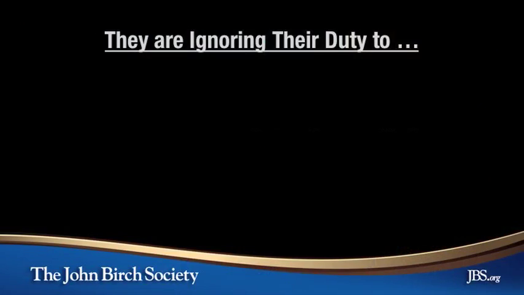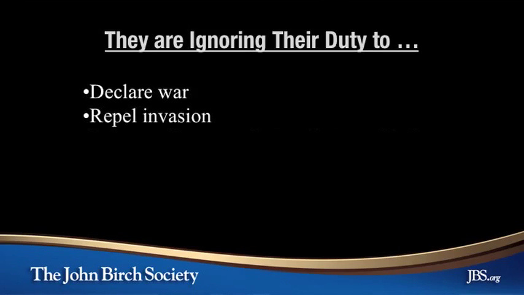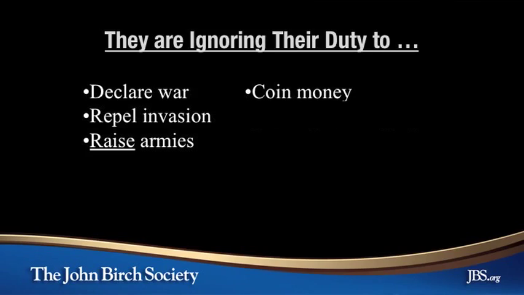So, remember the brake pads that weren't changed out on the car. There are many duties Congress has given that they are not fulfilling today. They should never allow our troops to go to war and fund a war unless they have actually debated and declared a war. We'll talk about that in Lecture 4. They need to also fulfill their duty to repel an invasion. They're only supposed to raise armies, not maintain an army on an ongoing basis, which is interesting. We'll talk about that in Lecture 4 as well. Power to coin money we'll talk about next time in Lecture 3, which they're not fulfilling that duty. They're supposed to organize state militia, and what we have today in Lecture 4 will clearly define the difference between what we do have and what the constitutional militias are supposed to be.